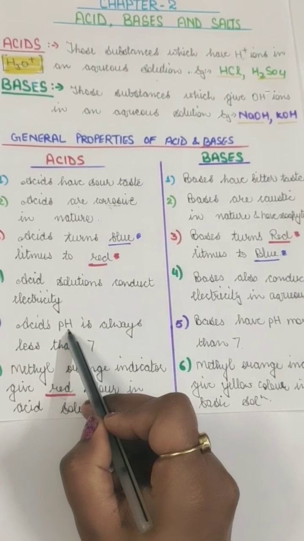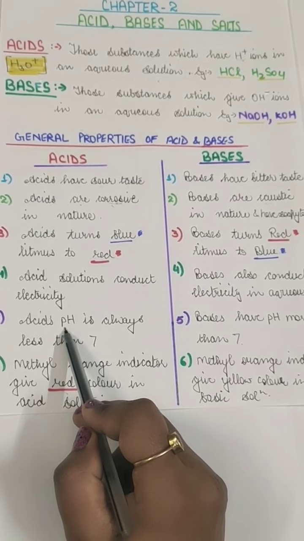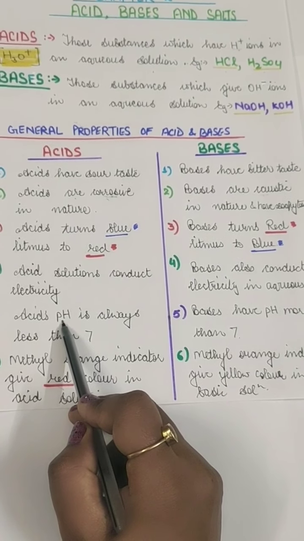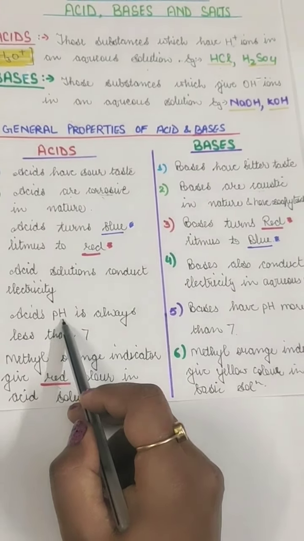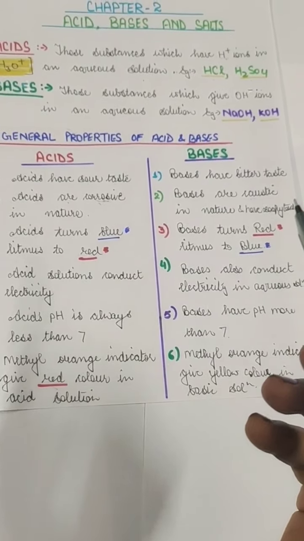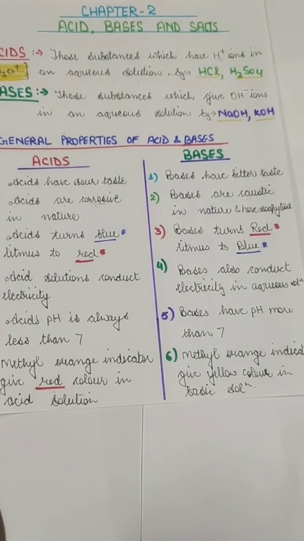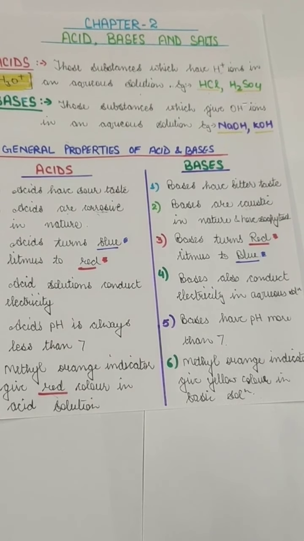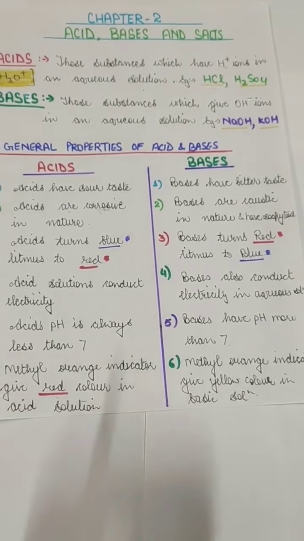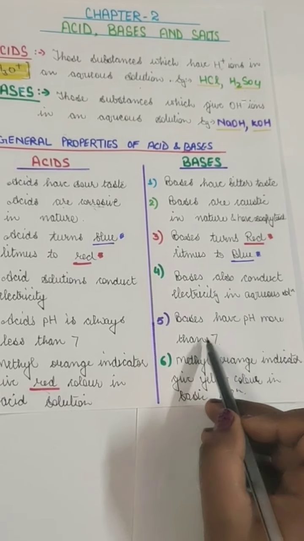Now this pH we'll be learning ahead in the chapter. pH means the potential of hydrogen. That means the concentration of hydrogen. So if the concentration of hydrogen ion is high, that means it's more acidic. The pH value is from 0 to 14, and from 7, when we decrease the number, it comes to a lower pH, and the solution is more acidic as we move from 7 to 1. But when we move from 7 towards 14, it becomes more basic. So acids always have pH less than 7 and bases always have pH more than 7.